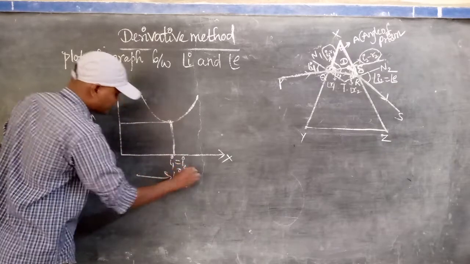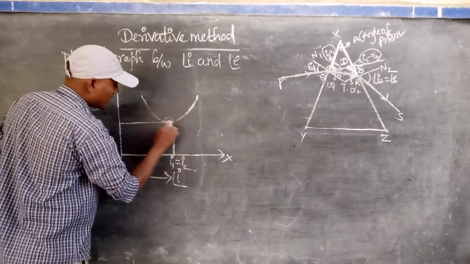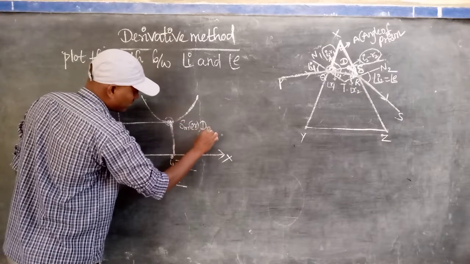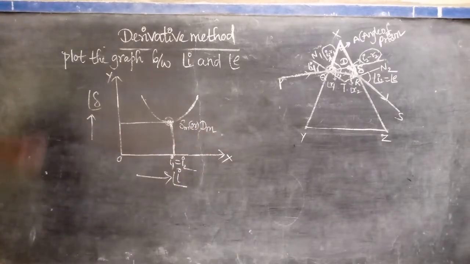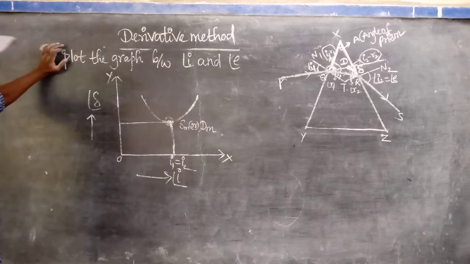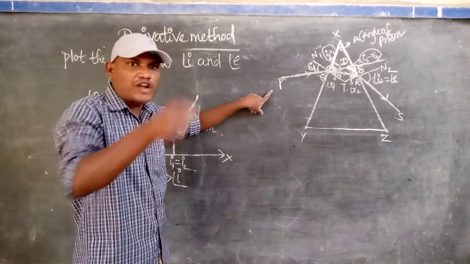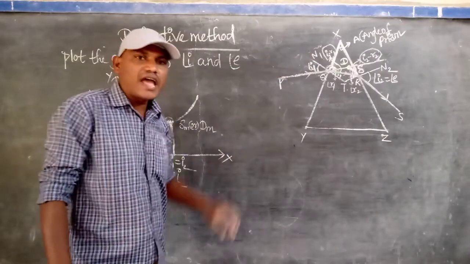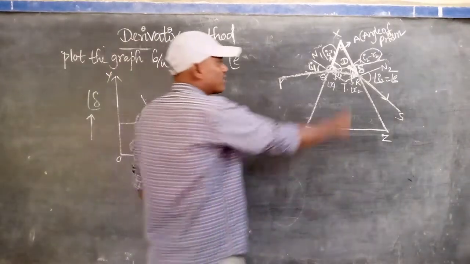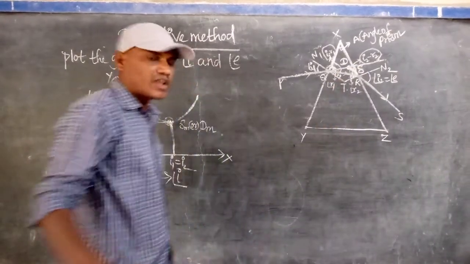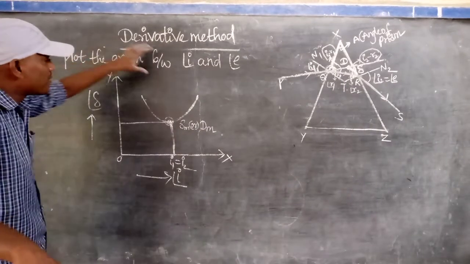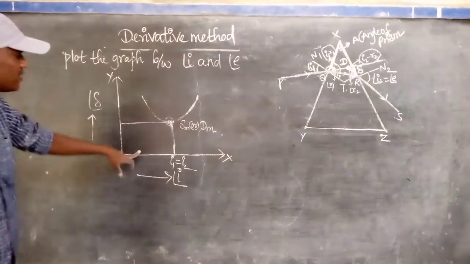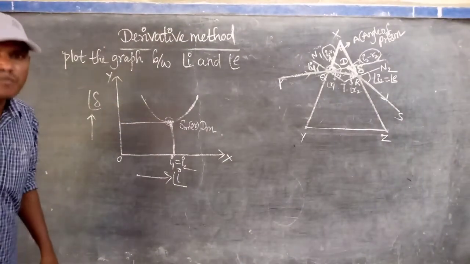I1 is equal to I2. This is the delta M or dm, the minimum deviation. When you plot the graph, after equation number 2, repeat the same experiment, taking a different angle of incidence and finding the corresponding angle of deviation. And finally, we plot the graph between angle of incidence and angle of deviation as shown in the figure below. And from the figure, you can find the minimum deviation angle.